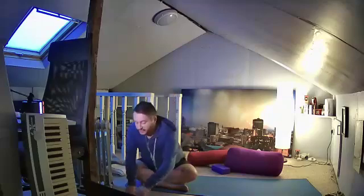So just stretch your legs out. If you've got a belt handy, it's useful to have a belt. So shuffle off the lift so you're still sitting on it, but the backs of your thighs are free of the lift. And then throw the belt around the feet, and then bring your feet hip width